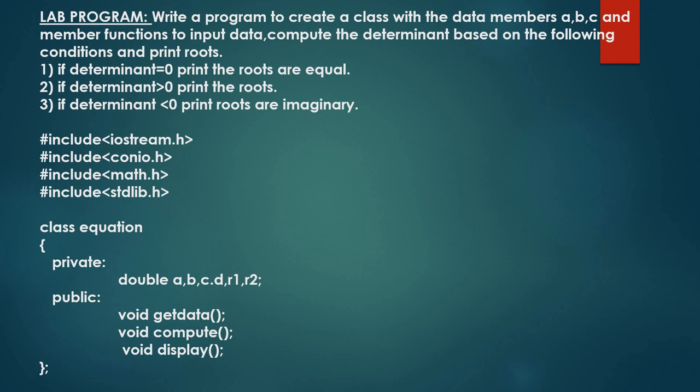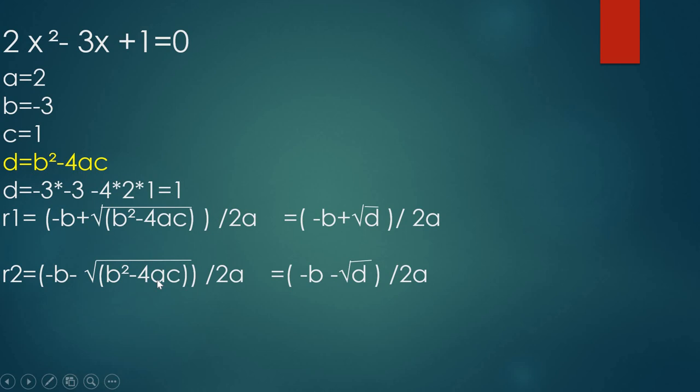This program is for finding the roots of a quadratic equation. Then what is a quadratic equation? You have already learned. An equation with a degree 2 is called a quadratic equation. See here, what is the power of x? 2. So this is a quadratic equation. There will be an equation symbol and the power is 2. This equation is in the form of ax square plus bx plus c is equal to 0.